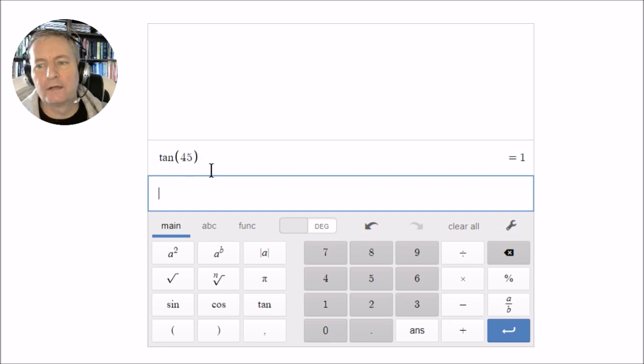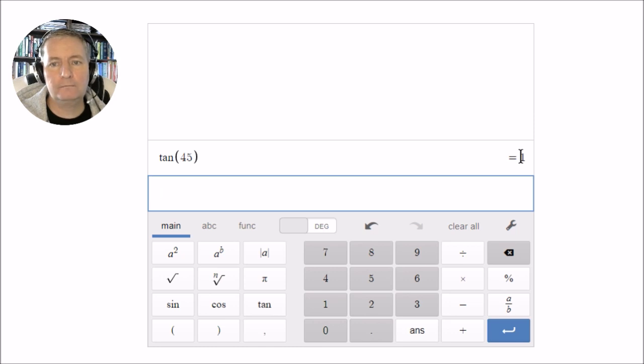We know that the answer is going to be a value of 1, because at 45 degrees the y distance is going to be the same as the x distance. So when you divide the y distance by the x distance, you're going to get a value of 1. So that's why when you put 45 into the tan function in your calculator, it gives you a value